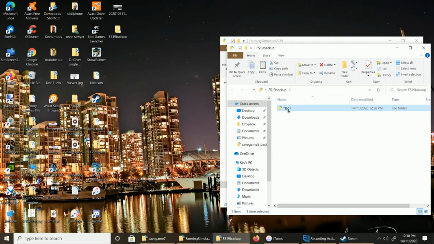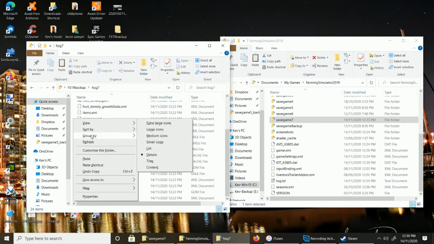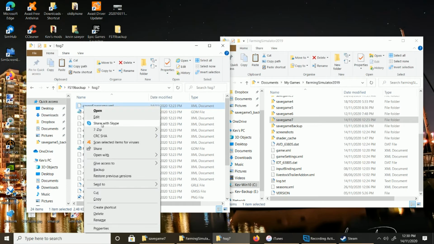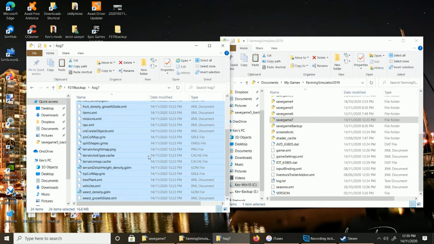Go into the folder which you saved everything to, and then again select everything. I forget how you do this. There's a way you can just click and grab everything. But if you just drag your mouse like that, copy, and go over to your save game,